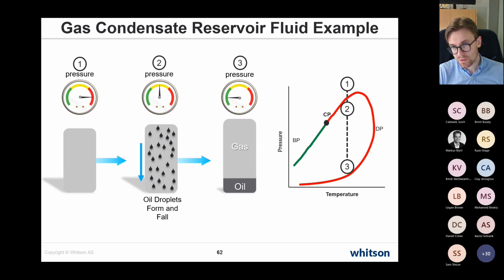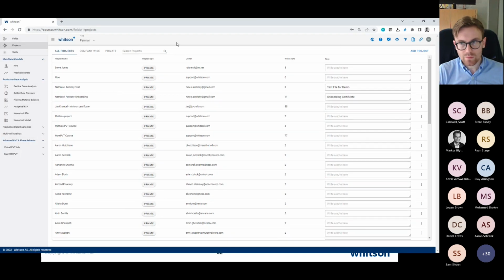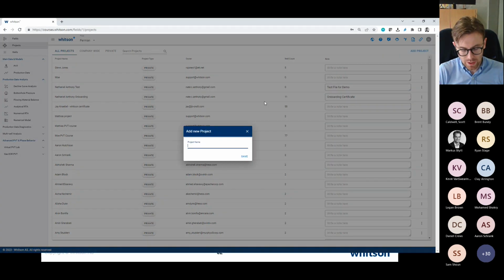For the condensates, it's the opposite that happens. So if you're on this side of the critical point, you start with 100% gas. As you go below the saturation pressure, droplets are forming and falling, and you're getting a gas and an oil phase. Okay. And just to show you a quick example of this in Whitson Plus,